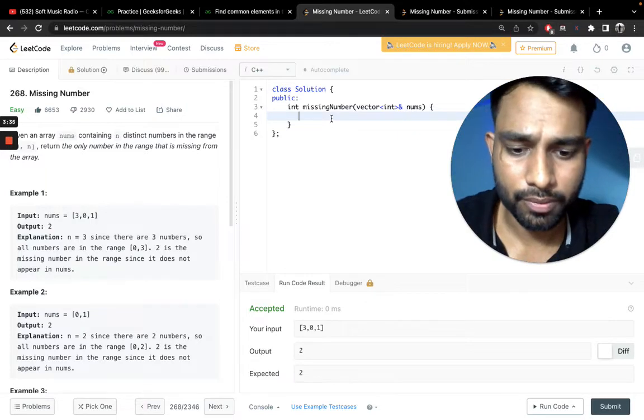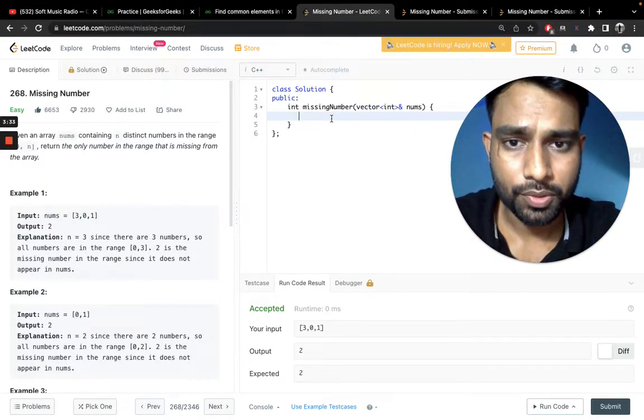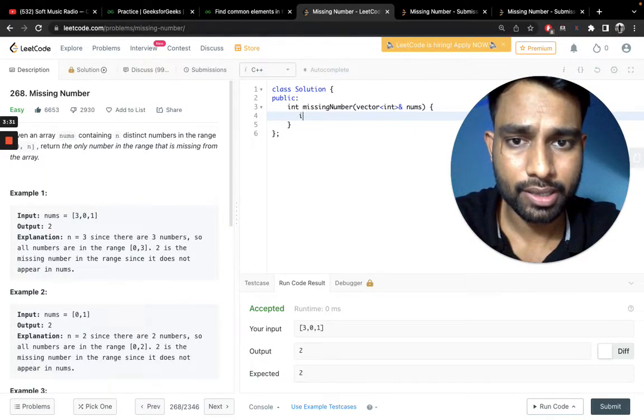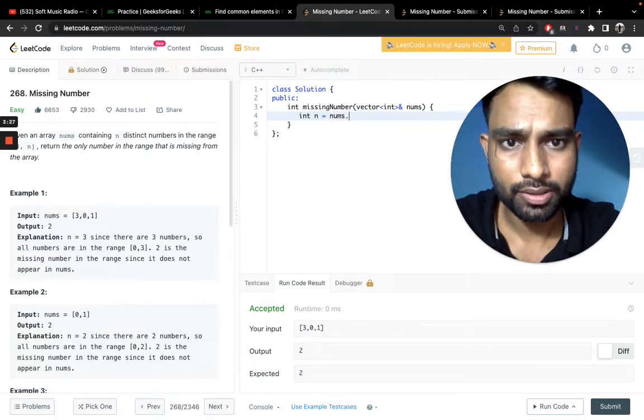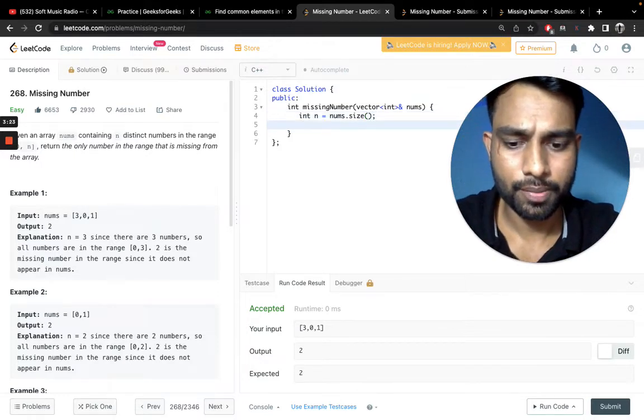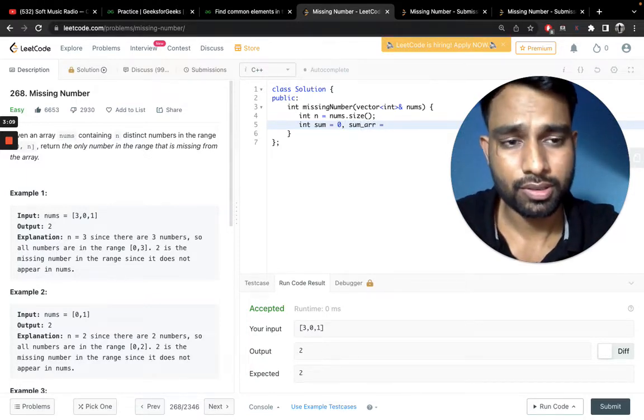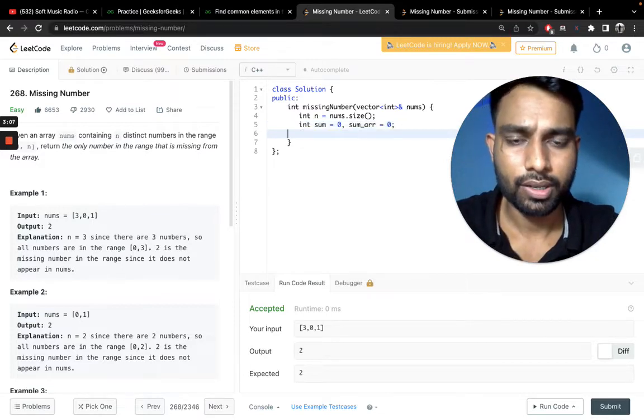So first of all, we initialize a variable and store the size of the nums array. After that we initialize two variables. First is sum, whose initial value is 0, and sumArr, which also has the initial value 0. And after that